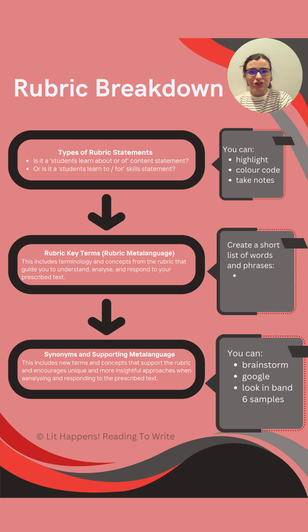Super simple but easy strategy that can help with the rubric breakdown: having students actually highlight in different colors or determine which statements are learn-about statements, or more about content, and which are the skills statements. So you might want to guide them to look at the statements that have something to do with the process of reading, engaging with reading, exposure to good literature, exposure to styles of writing, versus then the responding statements, usually in the latter half of the rubric, where students have to actually consider how they will interpret, analyze, understand, and